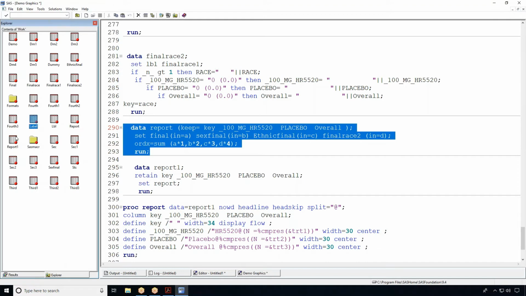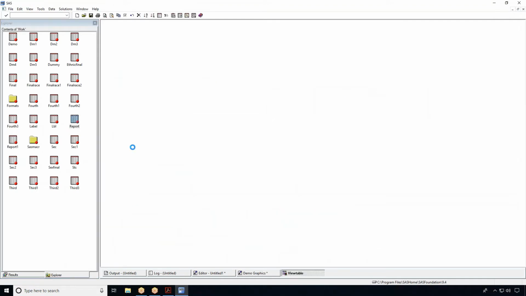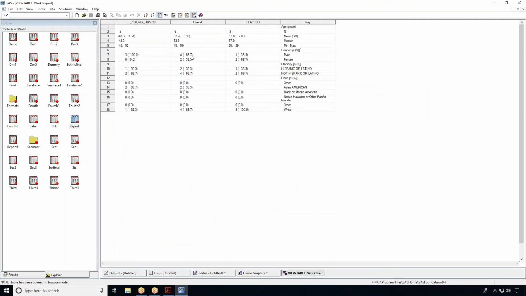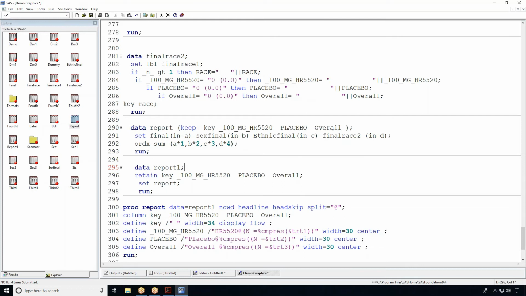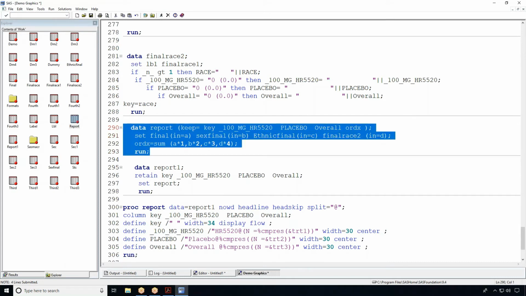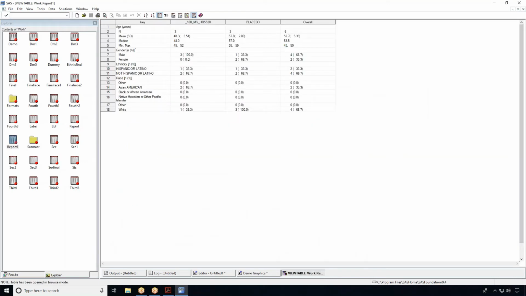You can see it in your dataset called report dataset. Why is it not giving it? Because you kept only these variables. I need rdex also to be kept. Then I need to make these changes. rdex also needs to be kept, so that you can see the data set. Report 1 will have,